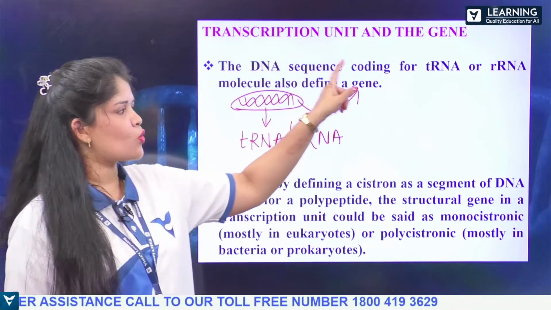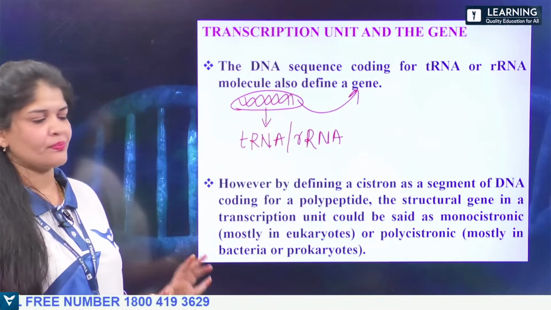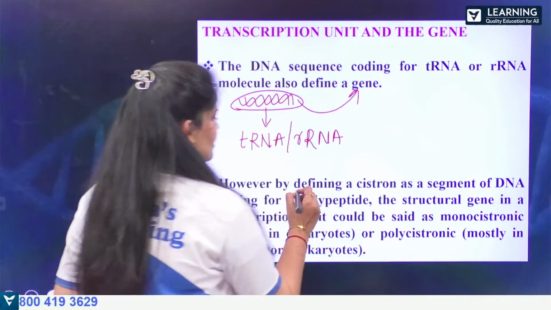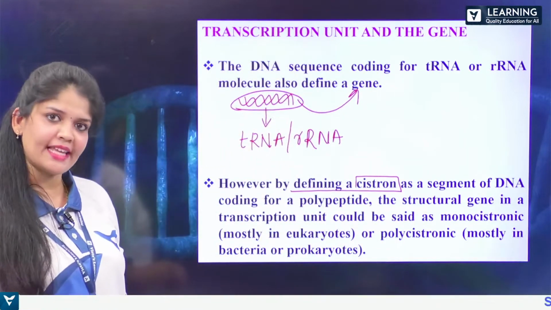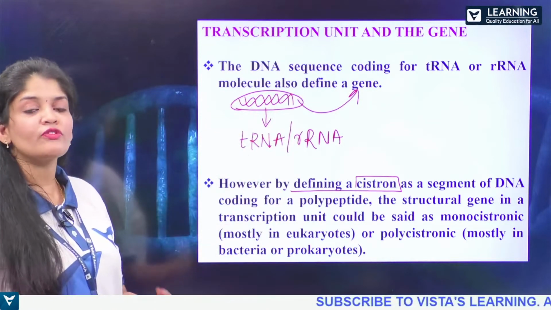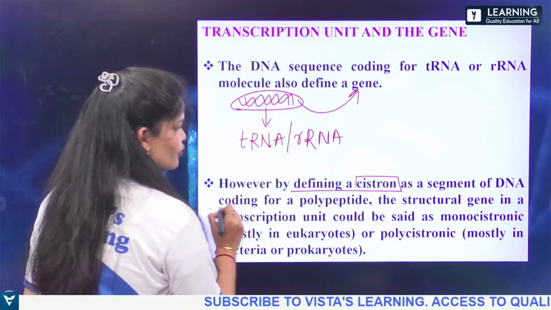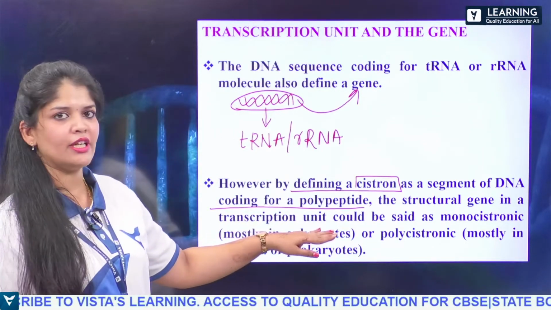A DNA sequence coding for a tRNA or rRNA molecule is also defined as a gene. However, by defining cistron as a segment of the DNA which codes for polypeptides, the structural gene in a transcription unit could be called